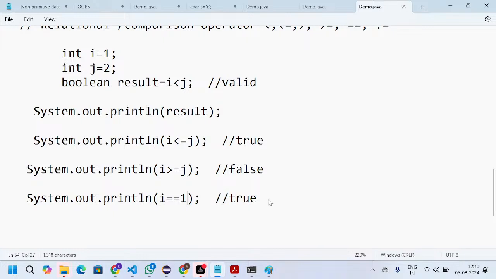Then next we have the not operator. Not means opposite. If I mention not true, then we will get false.